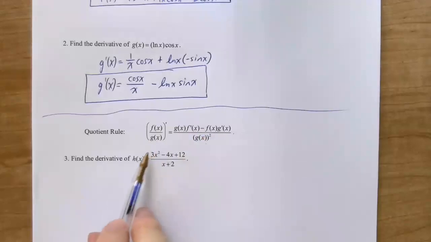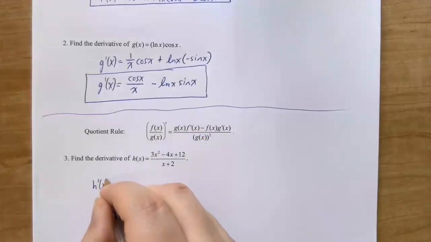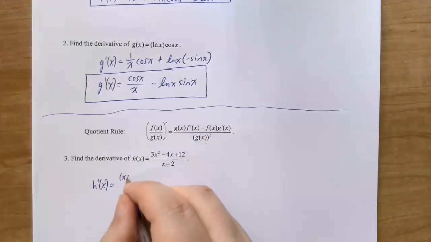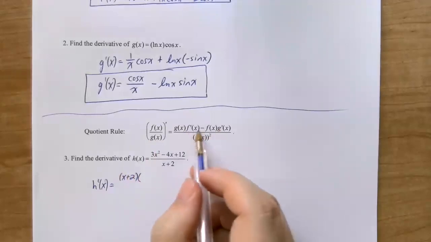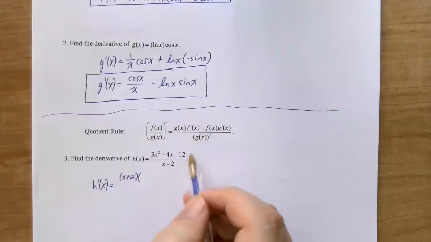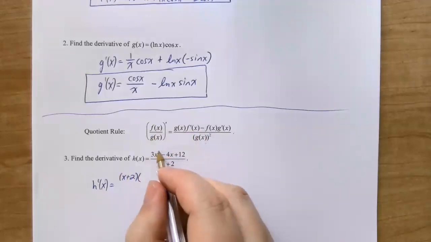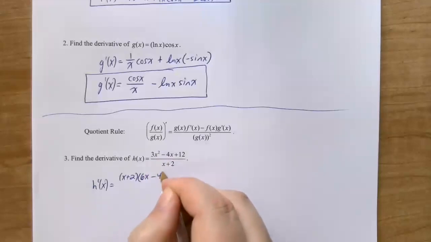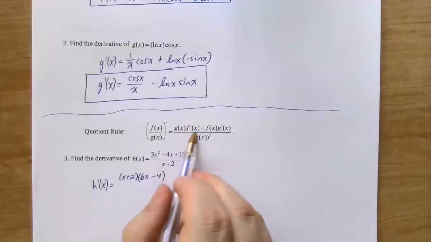So in number 3, we have a rational expression, where the top is a polynomial and the bottom is a polynomial. To find its derivative, we're going to apply the quotient rule. The bottom, which is x plus 2, times the derivative of the top, which is 3x squared minus 4x plus 12. So let's distribute that exponent to the front, so it becomes 6x minus 4. So that's this first piece right here,